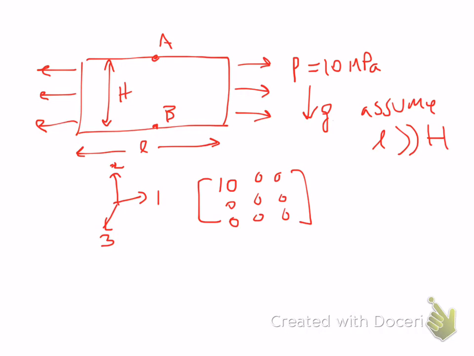And what are your principal directions? Because it will deal with the 3 invariants, and we didn't have time to calculate that. Can you guess? What do you instinctively think the 3 principal directions are going to be? It would be like 1 and 2. So yeah, 1 is going to be 1, and 2, because that's the 10 megapascals are in the 1 direction.